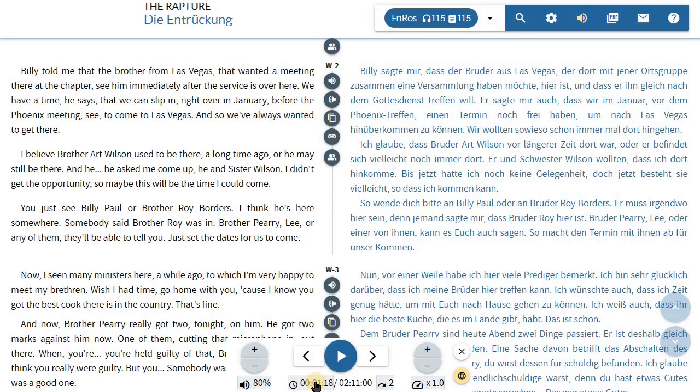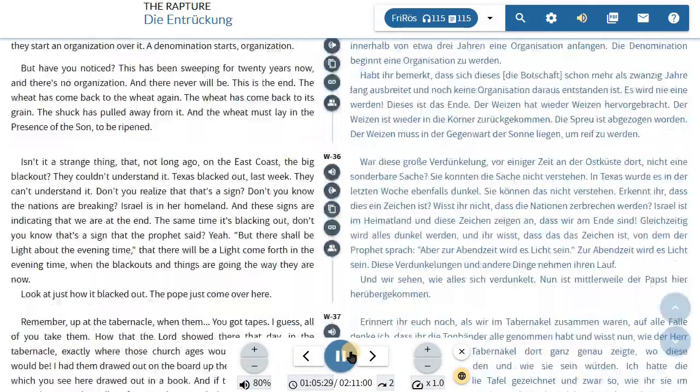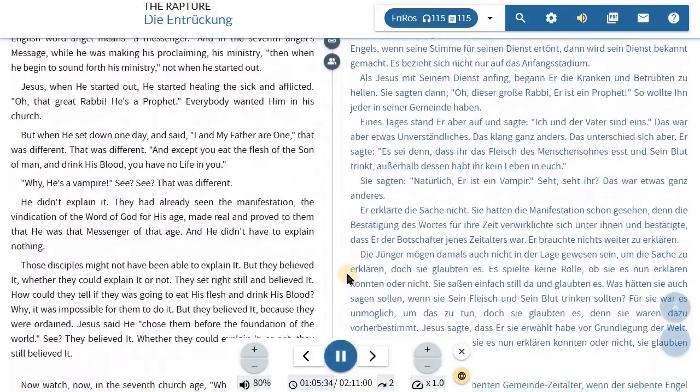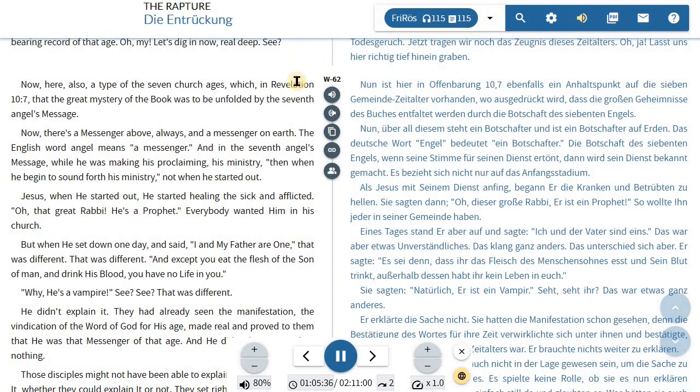I click on the position field and enter 01, 05, 30. When I then press the start button again, the program jumps to the middle of the recording. And we are now in the middle of paragraph 62. Since a timestamp has already been set here, this procedure makes little sense, because you can directly click on the